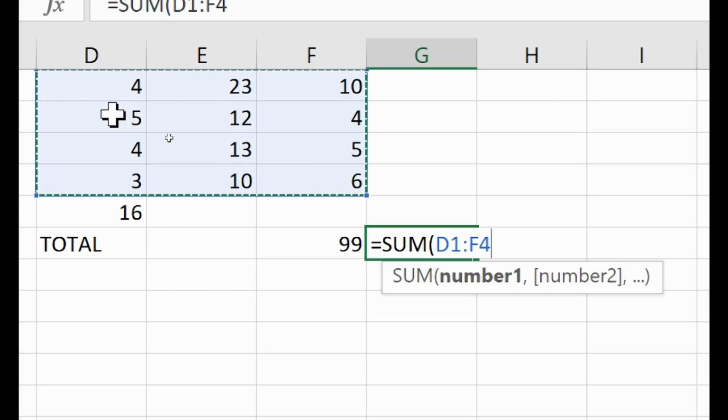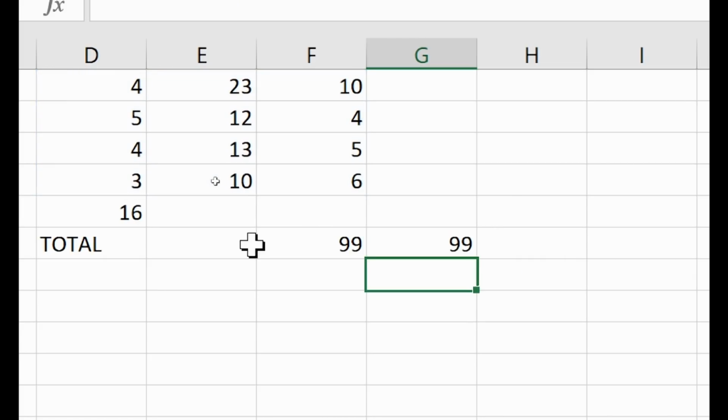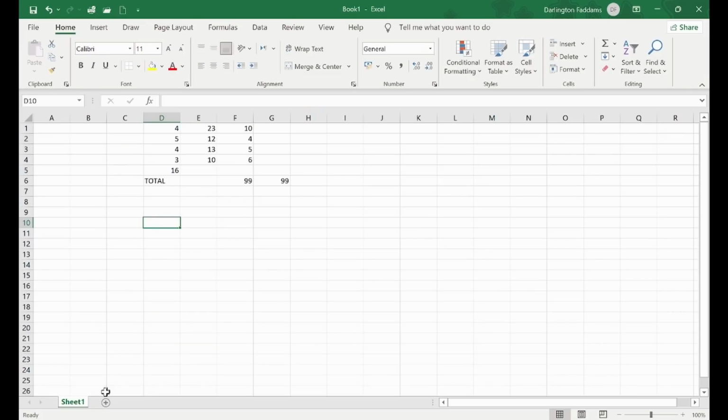So, even though most of the time the range is in a vertical form or sometimes in a horizontal form, the range can also be in a group form like this. When I close my parentheses and I hit enter, I have the same result. Let me go to a new sheet and let's start this. Sheet 2. If you want to insert a function,